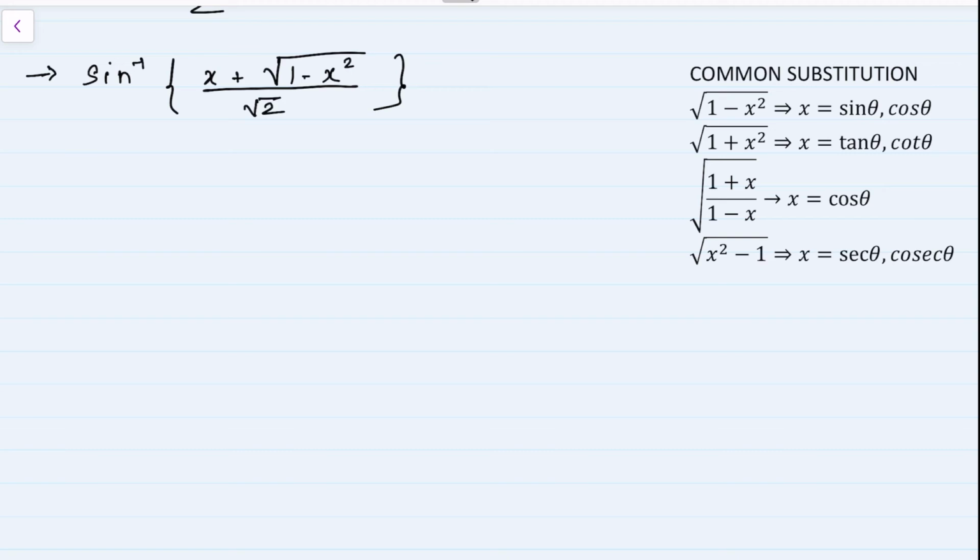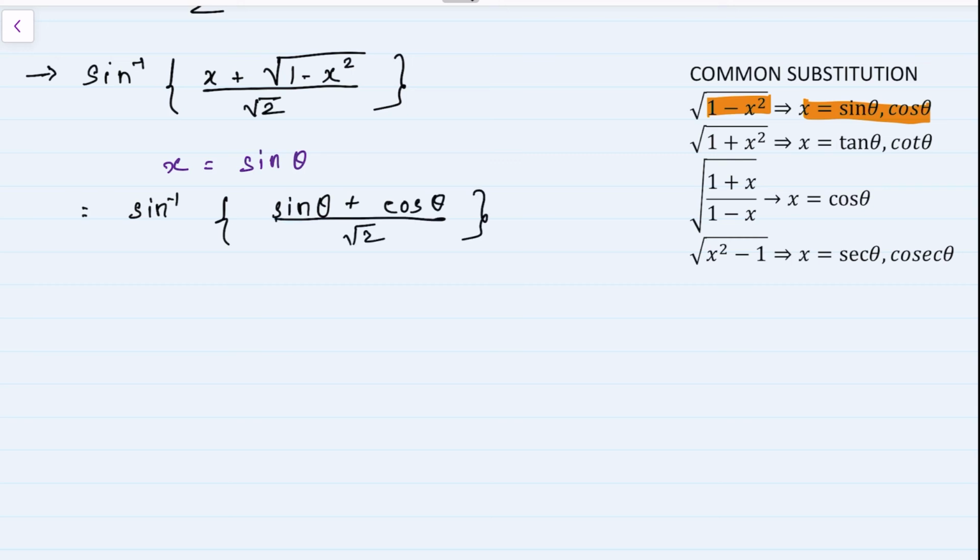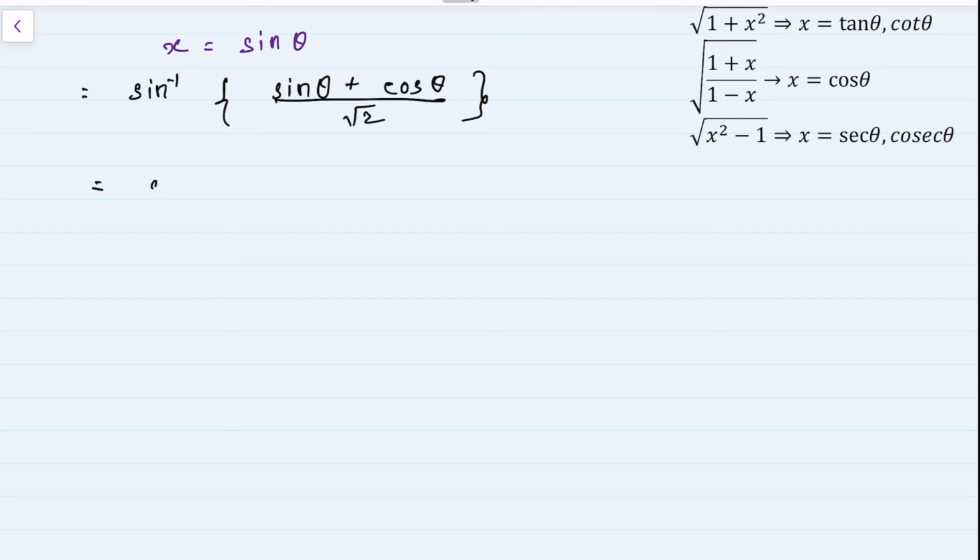Okay, next let's see our next sum, sine inverse of x plus root of 1 minus x square by root 2. Here we have root of 1 minus x square, which we need to remove, so we can either substitute x is equals to sine or x equals to cos. For our simplicity, we'll use x is equals to sine. We can even use x is equals to cos theta. Eventually the answer would be same. So by substituting x is equals to sine theta, what we'll get is sine inverse of x plus, so instead of x we can write sine theta, so we can write sine theta plus under root 1 minus sine square, and root of 1 minus sine square is root of cos square, which becomes cos, so our answer would be sine theta plus cos theta by root 2.